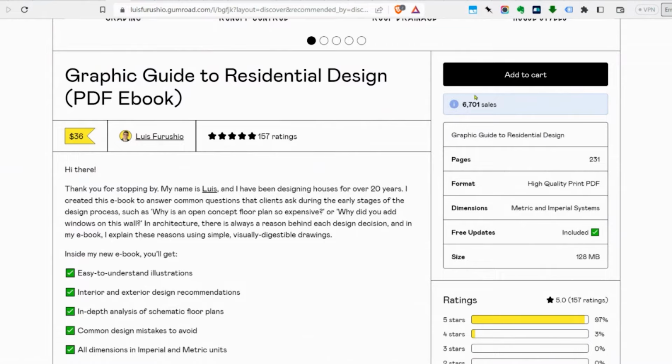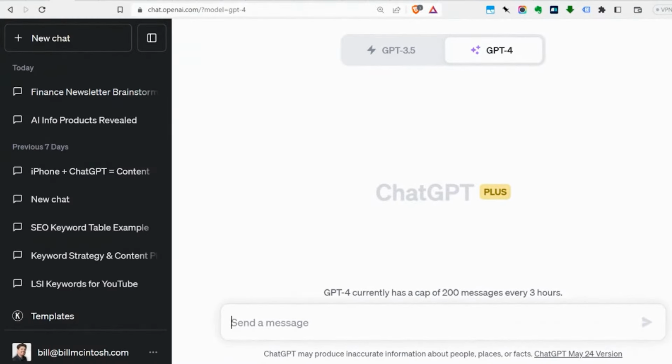And $36, it's sold almost 7,000 copies. Now you can use Gumroad as inspiration for what kind of an ebook that you might want to create. It's a place to go for ideas and brainstorming. Most of the written info products on Gumroad are products that AI could easily help with. So we're going to prime this by saying you are an expert